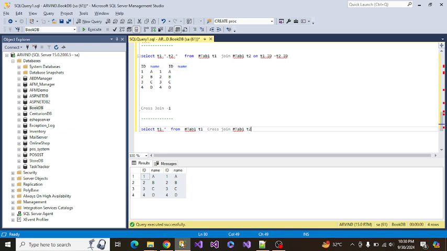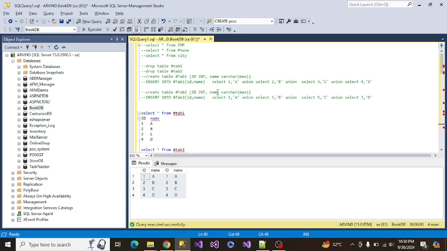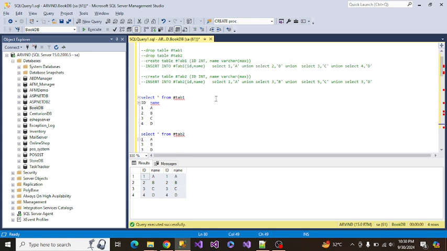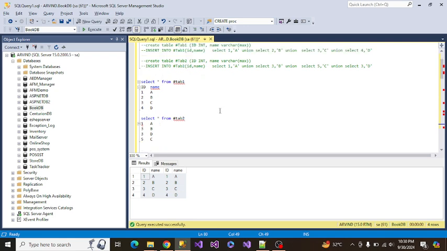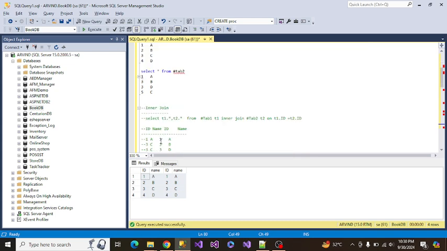Without going into too much detail, we will sketch all the joins one by one. This is the script which I have already run to save time. We try to create simple tables with as much data as possible, covering all the variations. I have created two tables, tab 1 and tab 2. If you see, the id in tab 1 has unique data, and tab 2 has somewhat redundant data, as in real life as well. So if you apply the join,